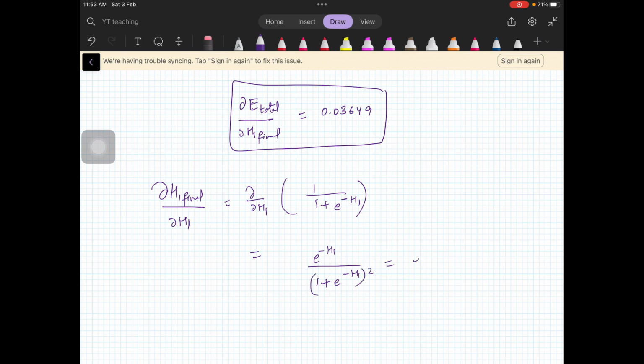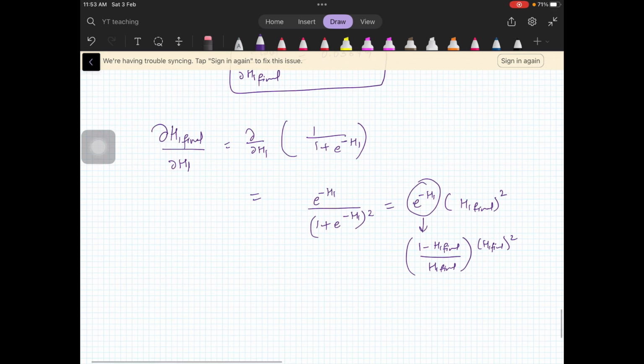And we have already seen that this quantity is (1 minus H1 final) over H1 final, times H1 final square. So that would be your H1 final times (1 minus H1 final),